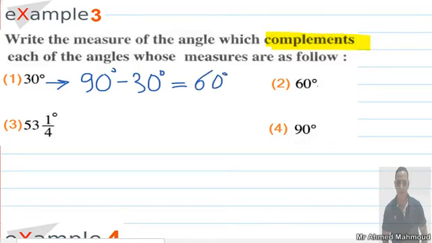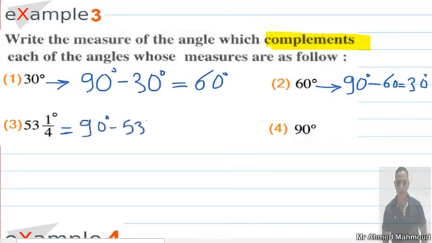If the angle equals 60, then its complement equals what? Its complement equals 90 minus 60 equals 30 degrees. Okay, here the complement to the angle 53 and a quarter will be 90 minus 53 and a quarter, and we are going to measure it like this: